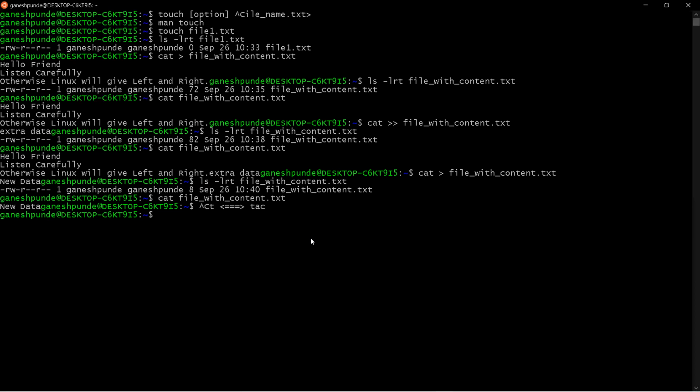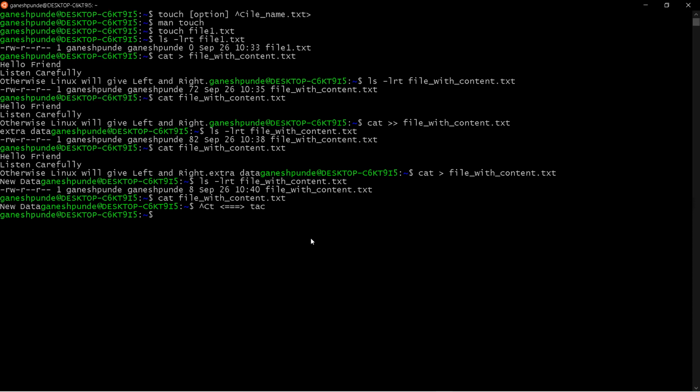So what happens with this command? Basically, by using cat, we see the file content from start to bottom. But in the tac command, we see the content from bottom to top. If you want to view the content of the file in reverse order, you can do so by using the tac command.